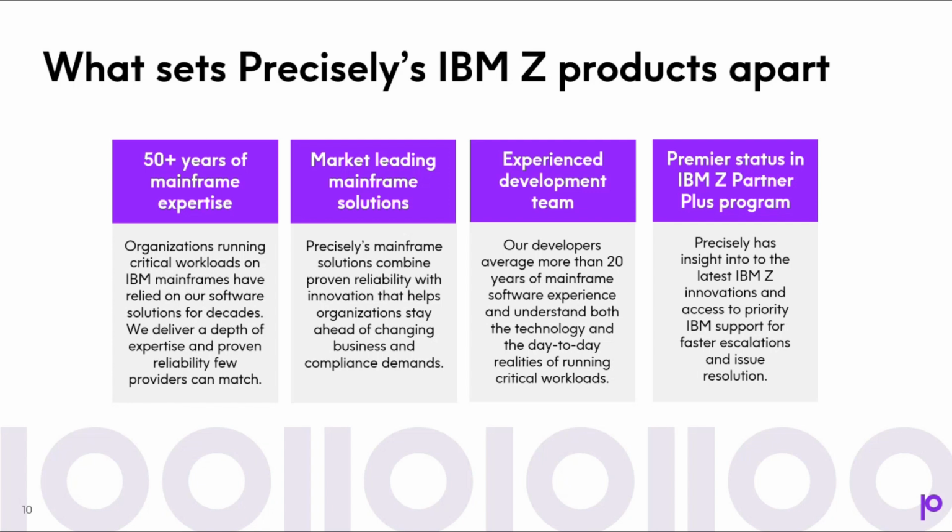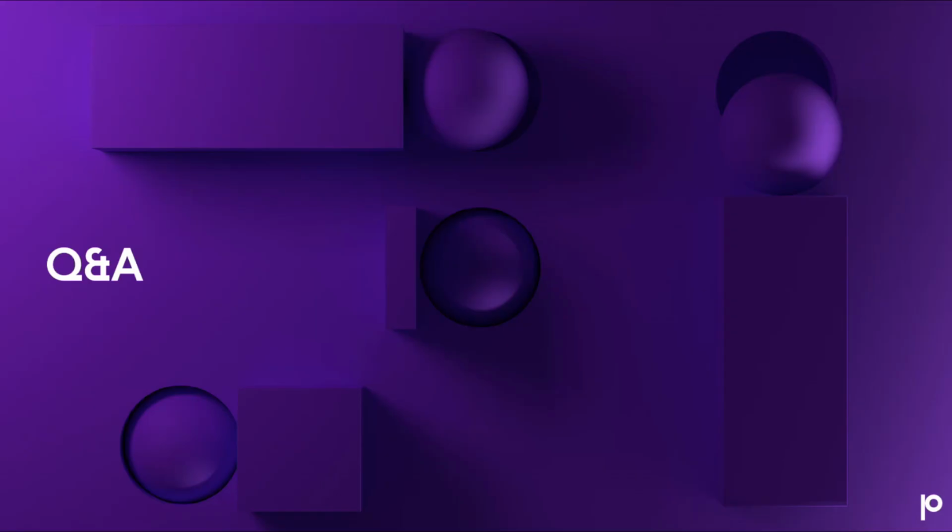We're through the content, and I did see a bunch of questions come in. So I'm just going to go to the top and start with the first and work my way through it. So first question says, is MFX a true drop-in replacement for IBM DFSORT, or will we need to rewrite our existing JCL and applications?